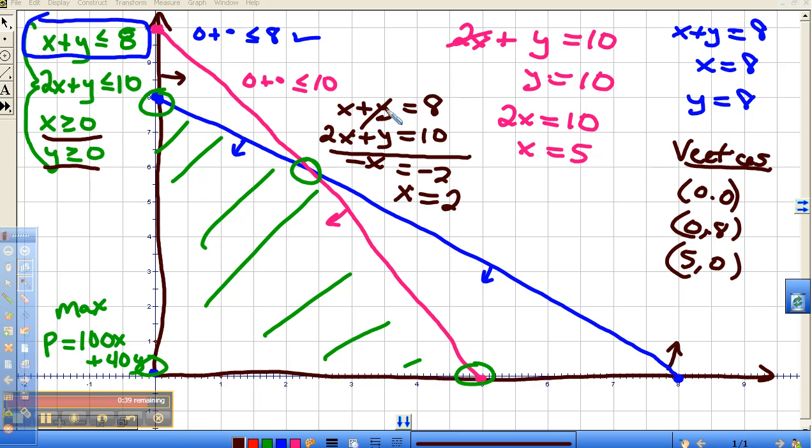We then can plug those into our objective function, 100x plus 40y. This one is 0. 100 times 0 plus 40 times 8 is 320. 5 times 100 is 500 plus 40 times 0 gives us 500. 2 times 100 gives us 200, plus 6 times 40 gives us 240, which gives us